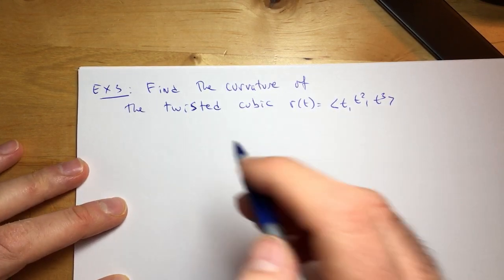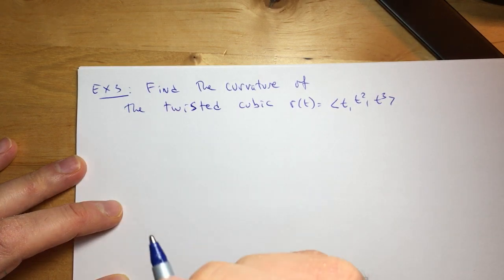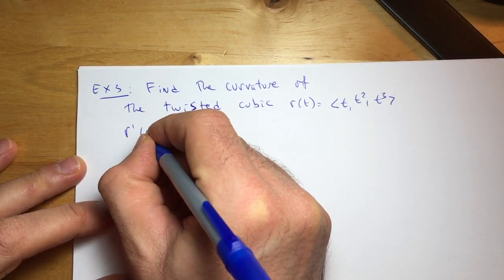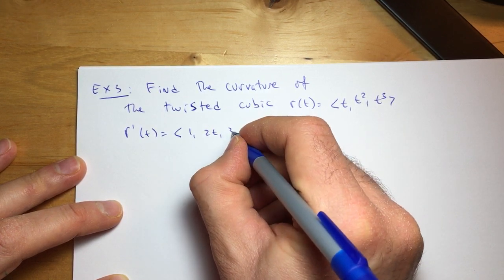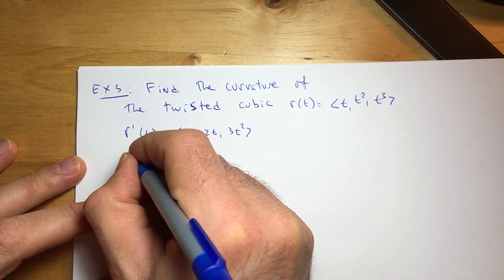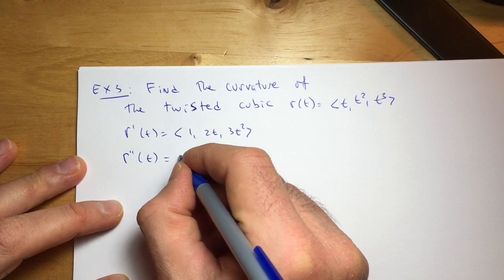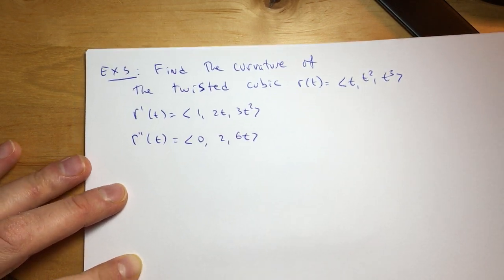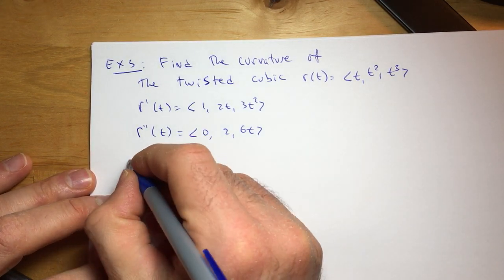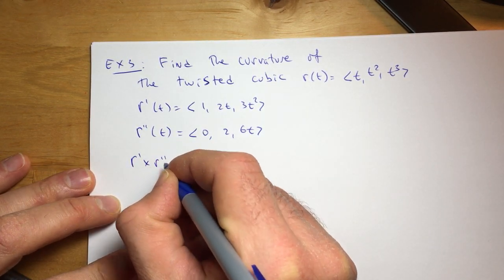Okay, so using the formula that we just derived, first I have to find r prime, which is (1, 2t, 3t squared), and r double prime, which is equal to (0, 2, 6t). Now the cross product between these two vectors, r prime cross product r double prime,